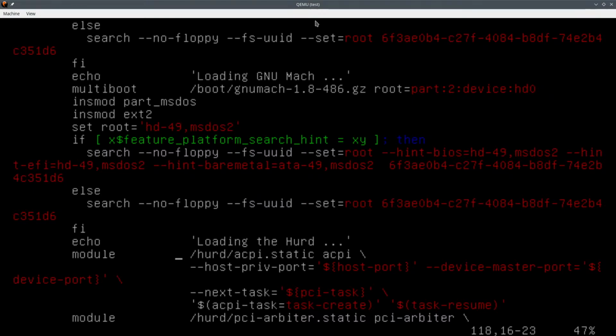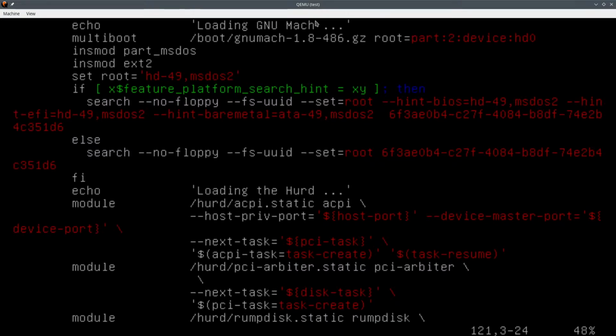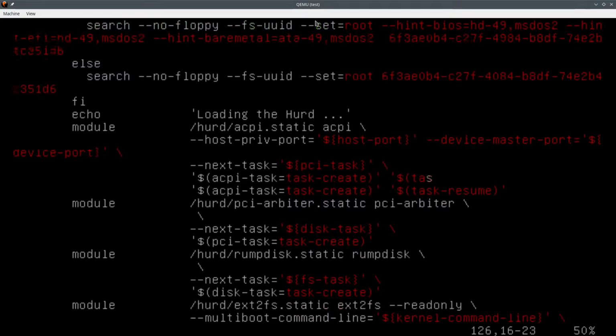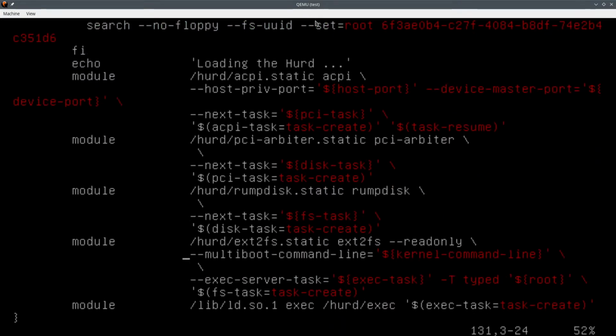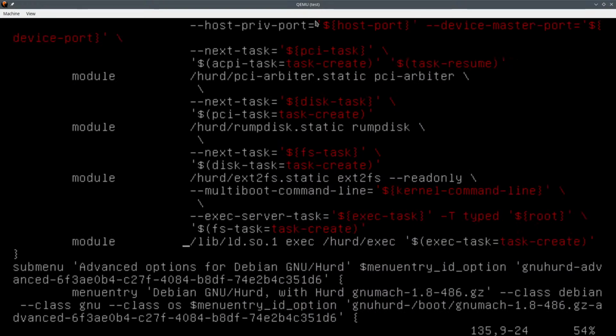Then you have the Hurd, which is, wait a minute. Are you serious? You have all of these kernels going on? Big pile of stuff. Oh my god.